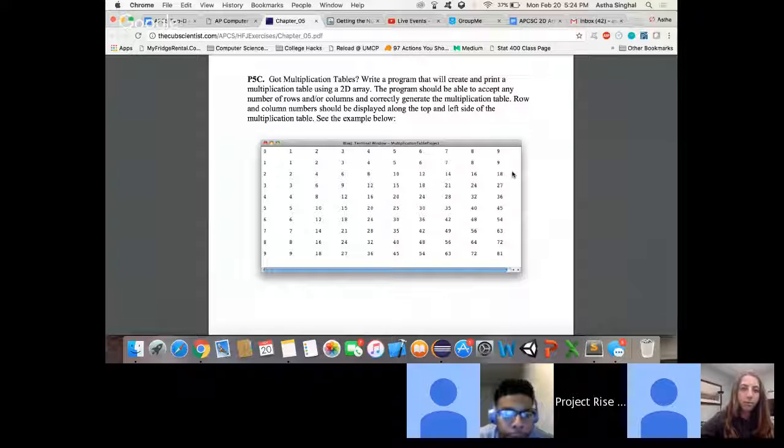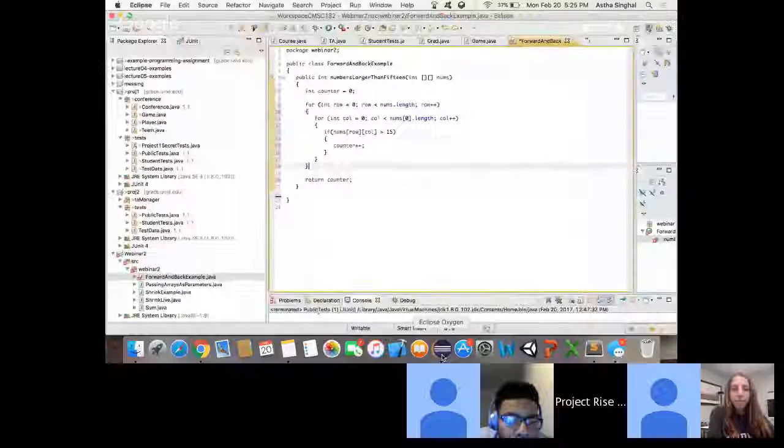So the second row is going to print 2, 4, 6, 8, 10, 12, dot, dot, dot. Then 3, printing 3, 6, 9, 12, dot, dot, dot, extended for an extended period of time. So how are we going to approach this? Going to handy dandy Eclipse,